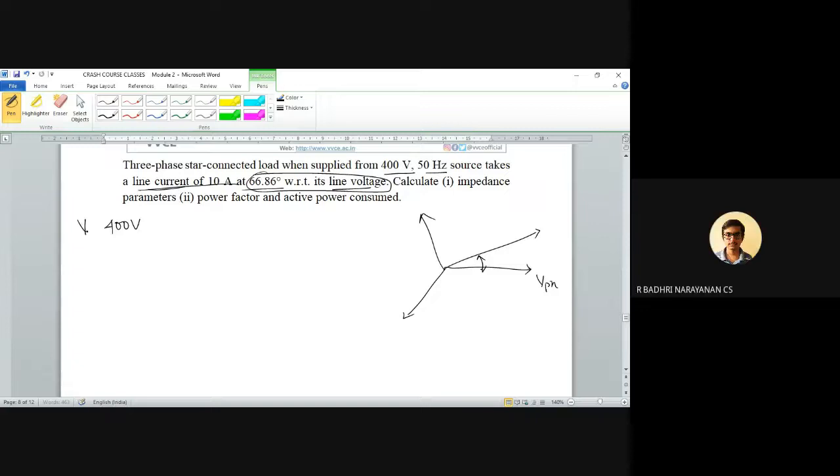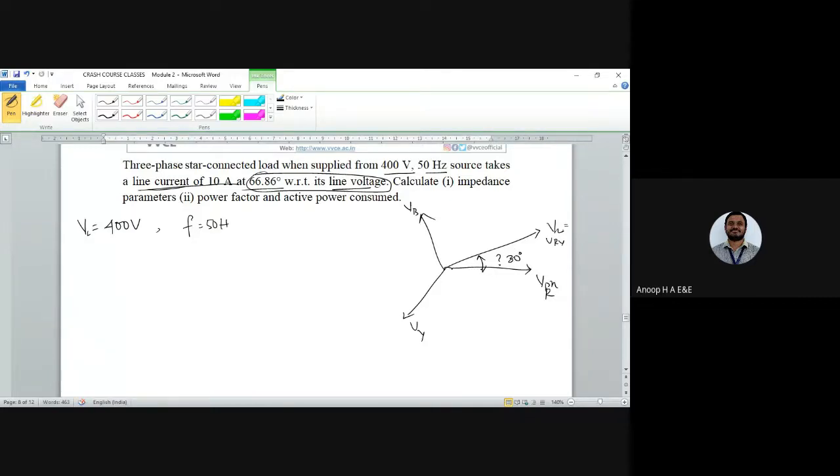Badrinarayan, are you there? Sir, I didn't understand the vector diagram which you put. No, this is a star connection vector diagram. If you remember this, go to the derivation. You have made a note of it. So this is the line voltage. This is VRY. This is VR, this is VY, and this is VB. So what is this angle? That is 30 degree, I think. It's not your guess, it is the right answer. So it is 30 degree.